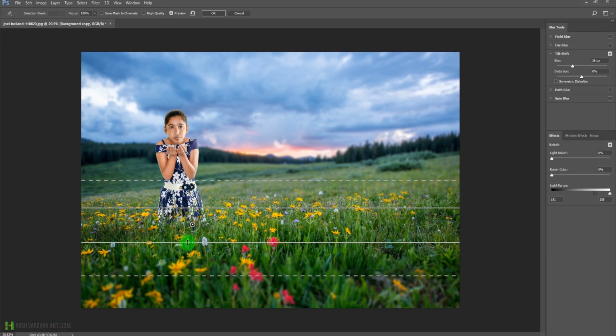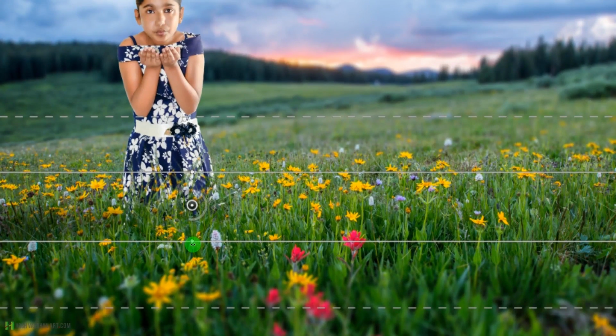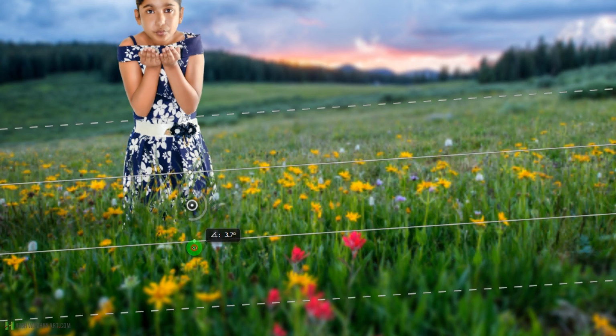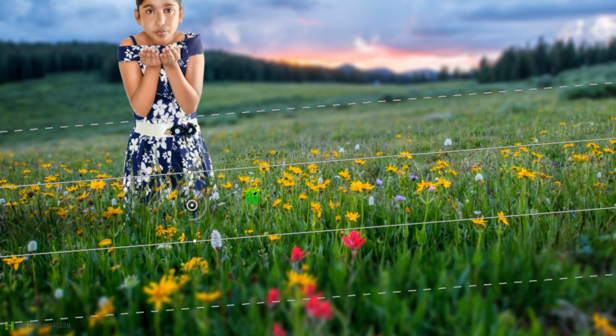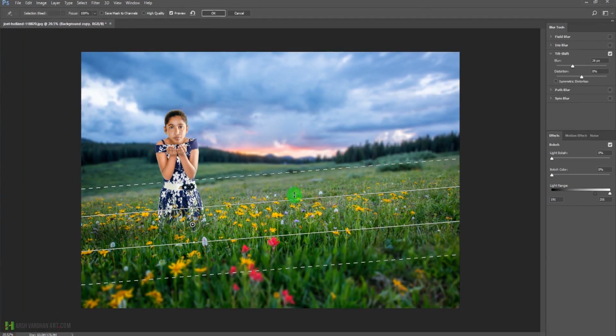And this is fine. And if you want to rotate it, you just need to hover your mouse on this point. As you can see, one point is over here and one point is over here, and the moment we hover our mouse over here, you can see it starts to give us this rotated arrow. So that means now we can press with our mouse, and then we can rotate it. So let me rotate it to something like this, because the background is this way,